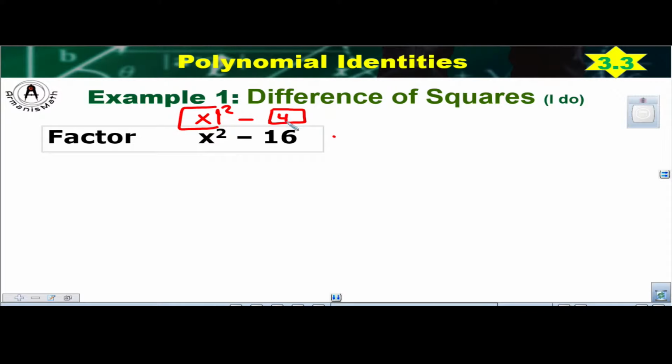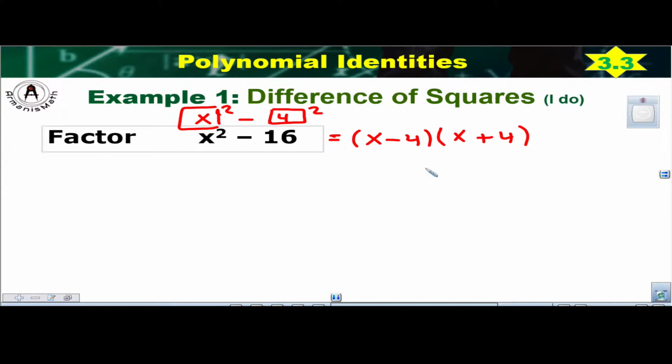So look at the setup here. I've got something being squared, which is x, minus something else being squared, which is a 4, which we just talked about. This is going to give you 2 parentheses. The first one is the item itself, the first item, minus a term, minus 4, and then x plus 4. That's basically what you're going to get. When you factor this out, this is exactly what you're going to get. Now, there's obviously multiple ways you could get to this, but that's what we're going to get when we do the factors for this